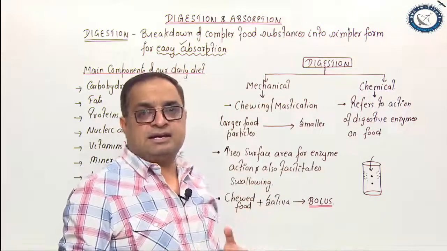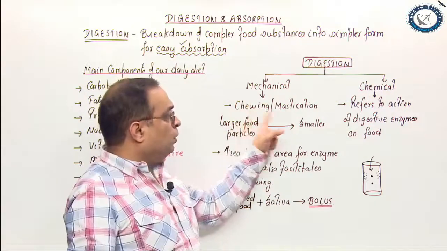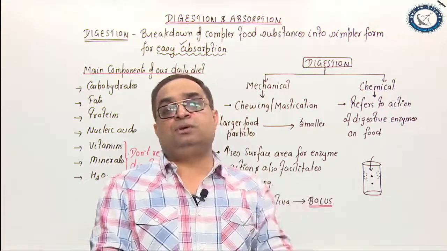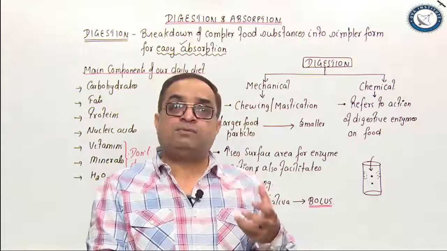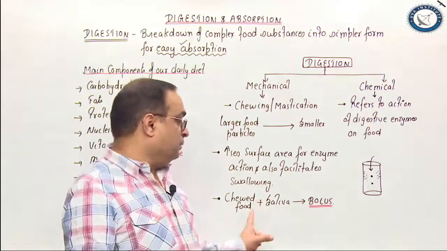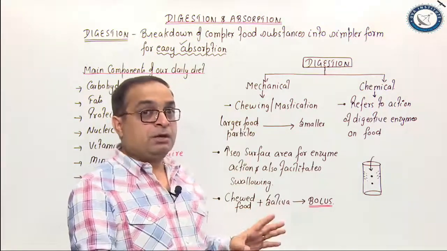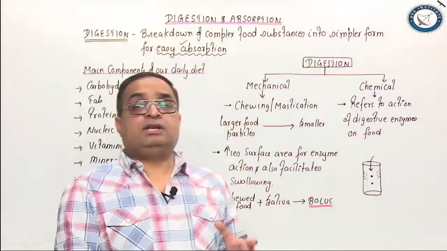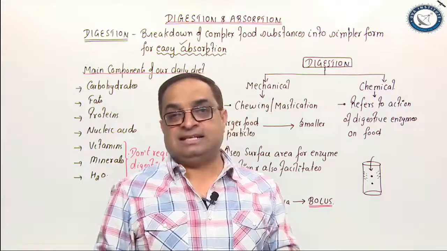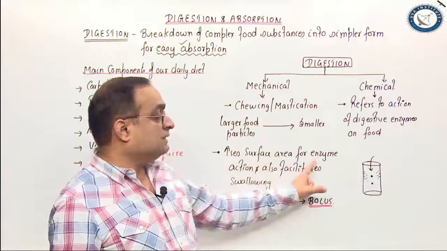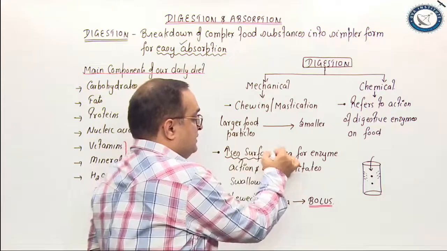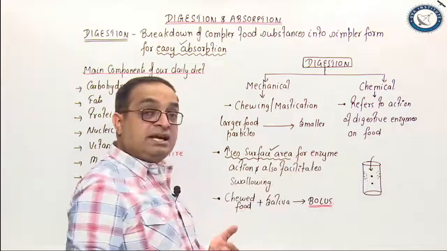When you say mechanical digestion, that refers to chewing or mastication. You keep the food in your buccal cavity and you start chewing the food with your teeth. The food gets mixed up with saliva and that is what is called bolus. So what is bolus? Chewed food plus saliva, that is bolus. What is the purpose of chewing the food? When you chew the food, the larger food particles are broken into smaller and that increases the surface area for enzyme action. As I have written here, chewing or the mastication increases surface area which facilitates the enzyme action